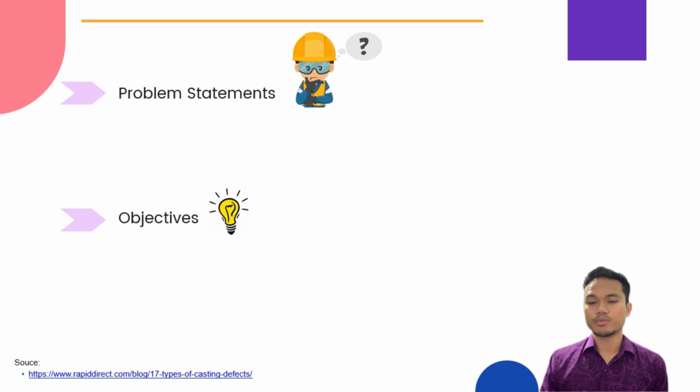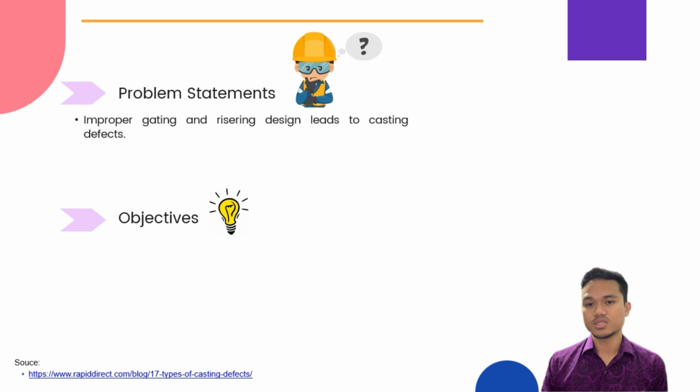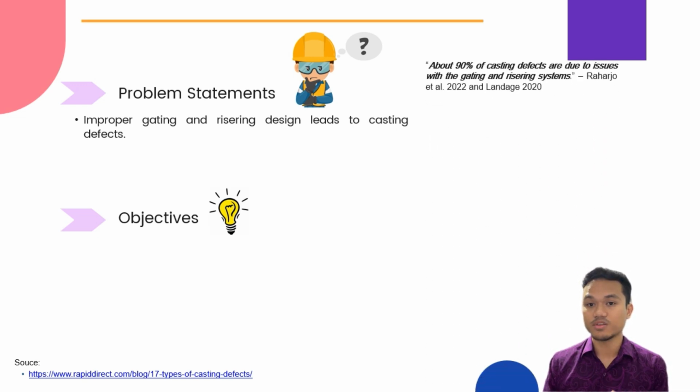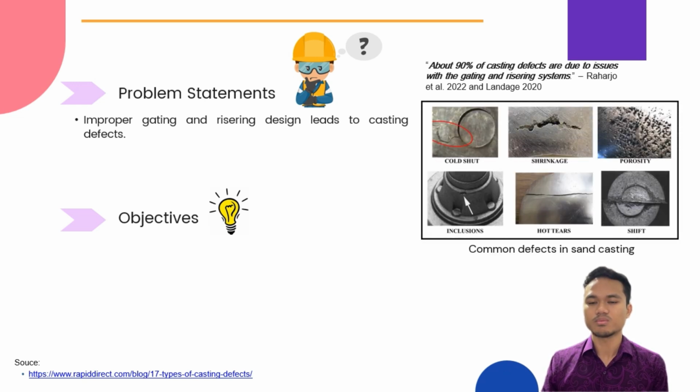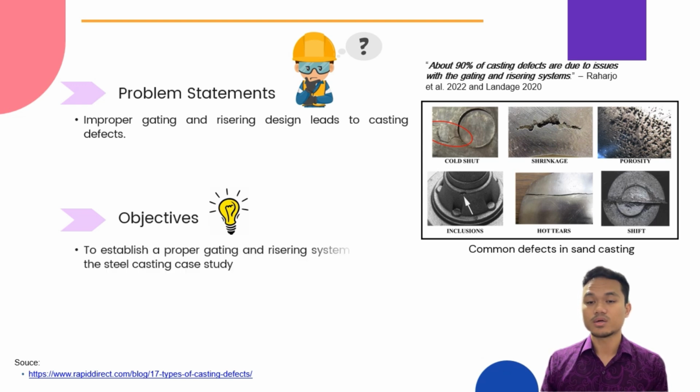So for the problem statement, what is the problem with sand casting process? Well, the first one is an improper gating and risering design can lead to casting defects. According to Raharjo et al. and Landach, about 90% of casting defects are due to issues with the gating and risering system, which highlights the importance of proper gating system. As you can see in the picture, these are the common defects that could happen in sand casting by trial and error. So that's why my first objective is to establish a proper gating and risering system design for the